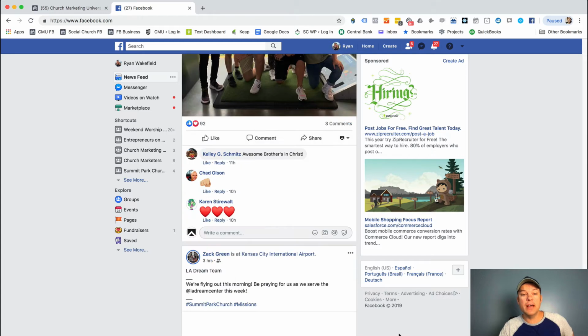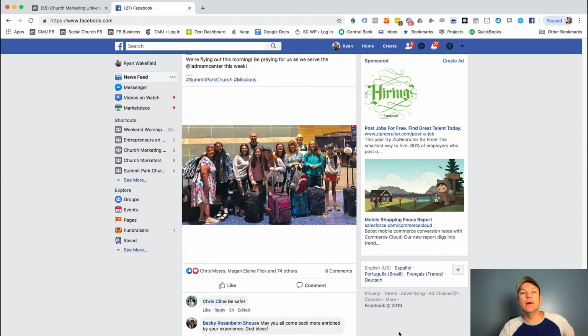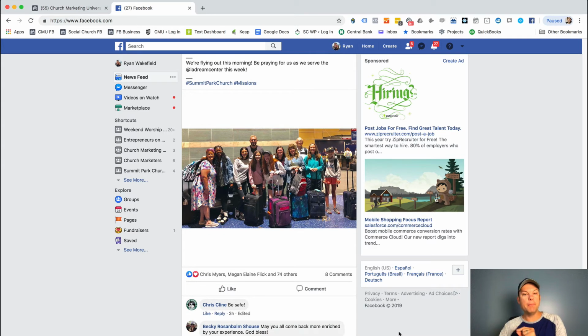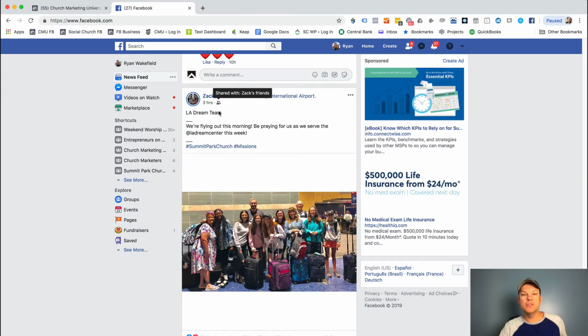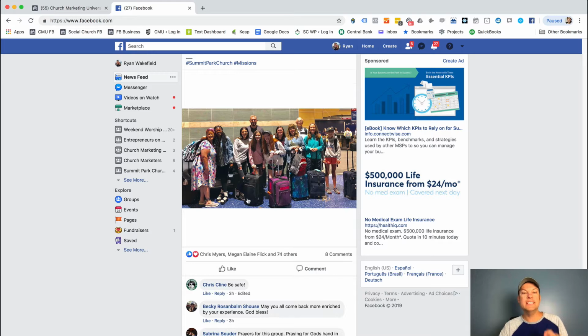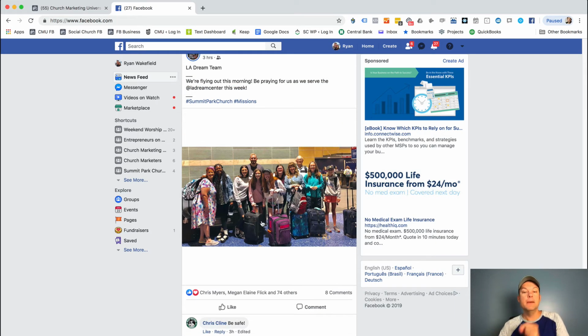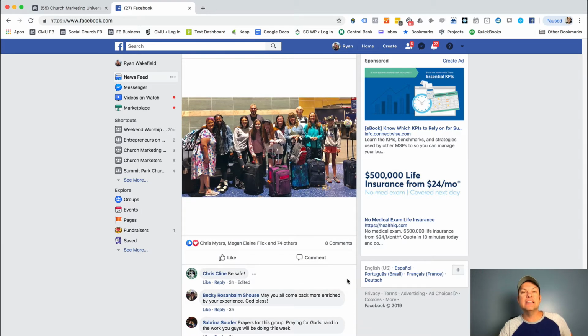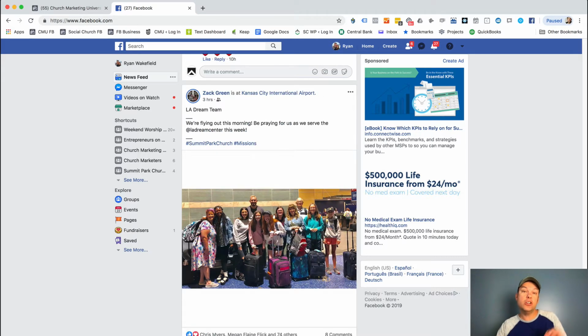You can also do that from your feed with any page that's posting. You'll see that arrow pop up. But this, for example, is a post from Zach Green. It's a personal post. It did not tag the Summit Park Church page. So right now, I don't have the ability, that little down arrow isn't there because it's personal all the way throughout. So you may also tell your team, like for example, Zach's on the SPC team, hey, be sure you tag the page. That's going to give the church the ability to comment, interact, and share that.